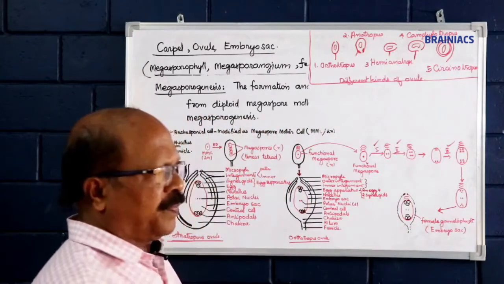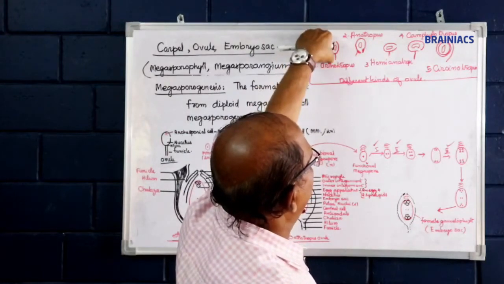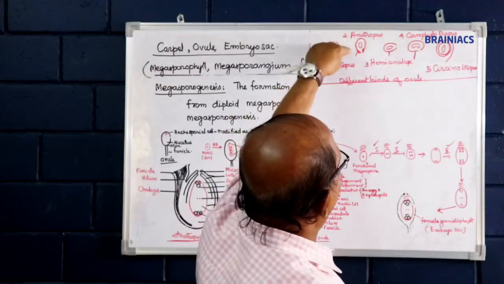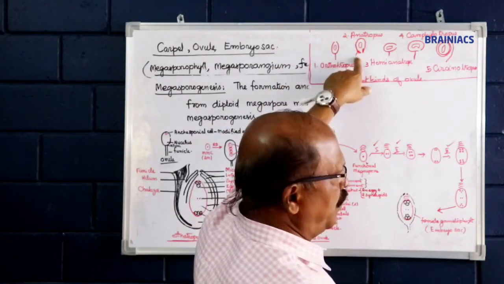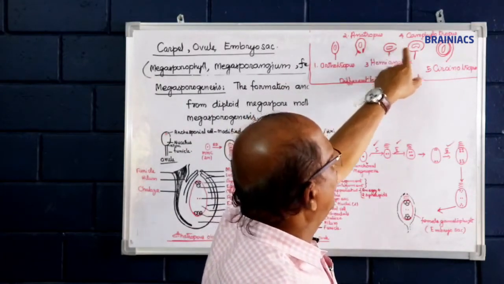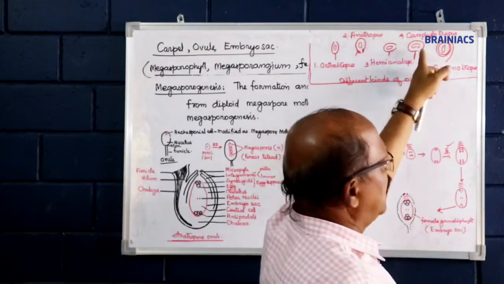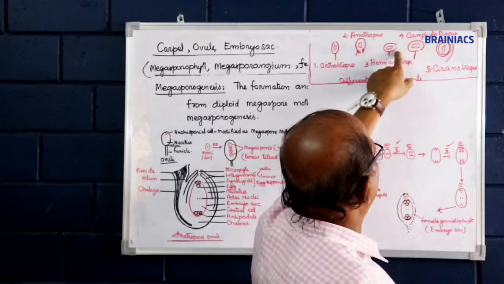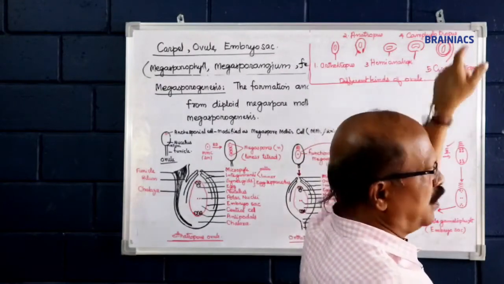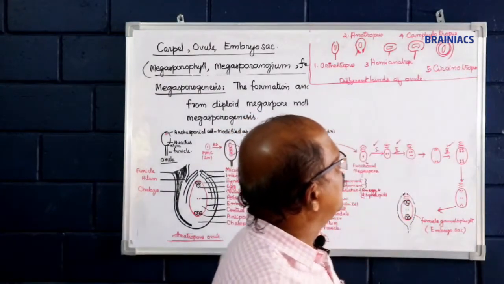Different kinds of ovule, points to remember: orthotropous, micropyle and funicle on the same plane. Anatropous, micropyle and funicle very near to one another. Hemianatropous, the micropyle at a right angle to the funicle. Campylotropous, not at a right angle, but the opening comes very near, as in mustard. Then circinotropous, as in ginger.